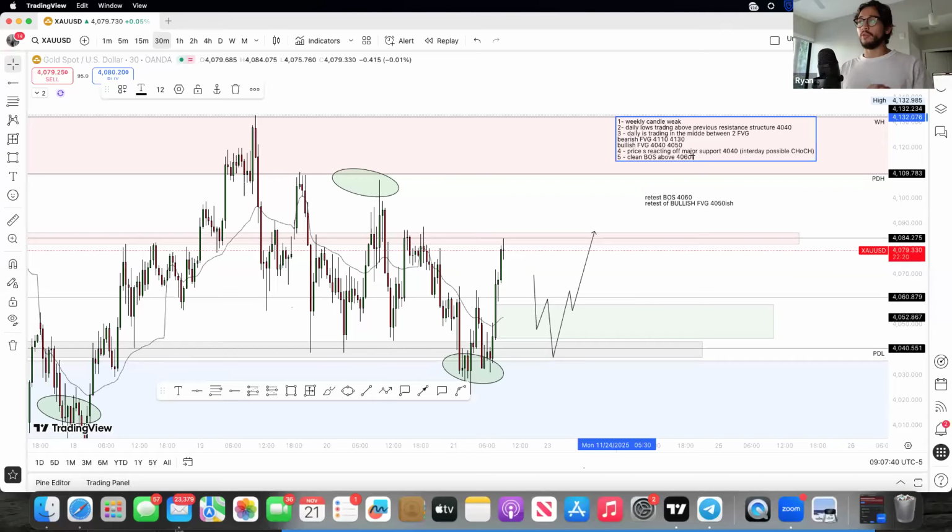So again, we're gonna write down the notes. Price is reacting off major support 4040 into the breaking structure, clean breaking structure above 4060. We're also gonna write down here that